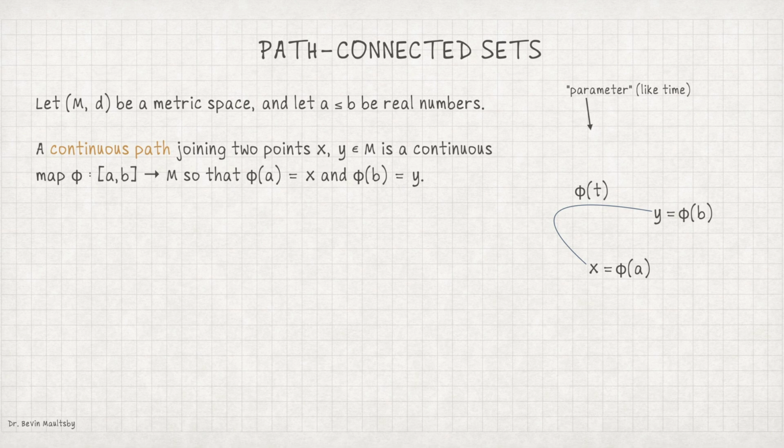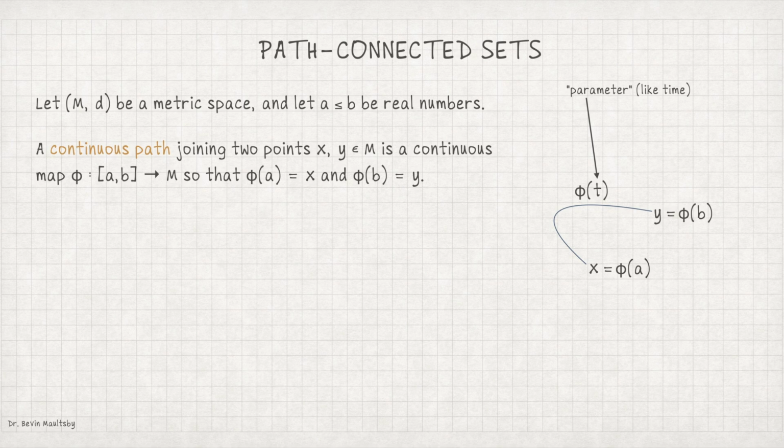So you can think of the domain as some interval of time, and your continuous path is like a parametrized curve from x to y. Therefore, our notion of a continuous path joining x and y is like saying there's a way to trace in the metric space from x to y without picking up your pencil. Here, a and b are finite numbers, so that we're saying over some finite amount of time you can go